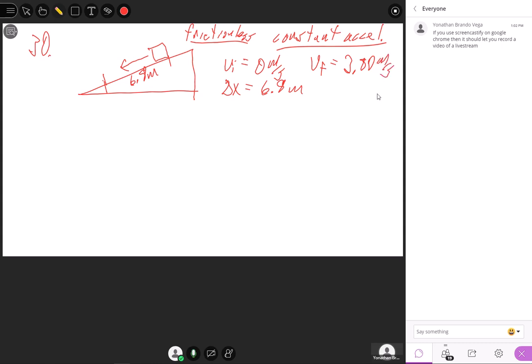Right? It started at rest, and after it traveled 6.8 meters down the incline, its velocity was 3.8 meters per second. Well, that has to be final because it says after it traveled. What is the speed of the block when it is 3.4 meters from the top of the incline? So we want to know what the final velocity is at